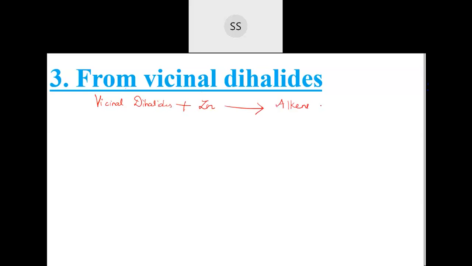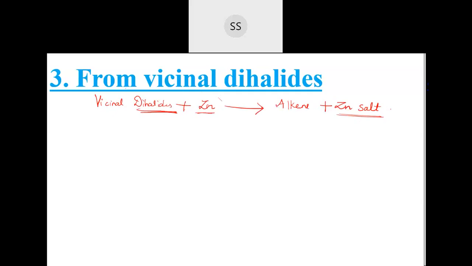These halides are negatively charged, and metals are usually positively charged, so they will react with each other and come out in the form of salt. So a zinc salt will be formed here, which will be the side product, the byproduct we call it. So it's a brief idea of how this will proceed,